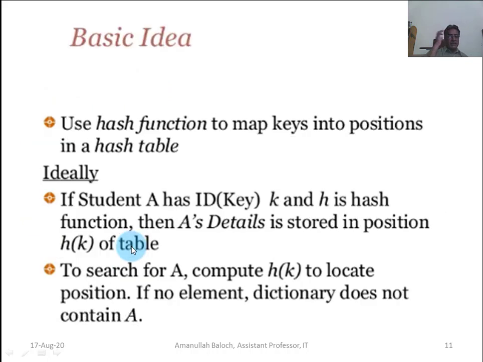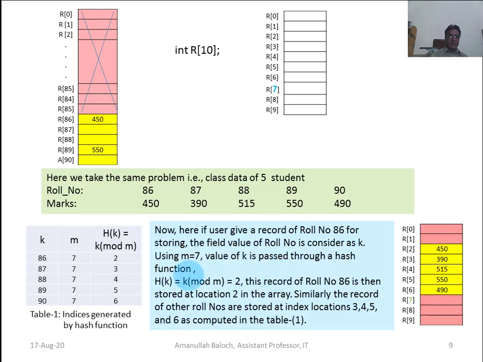Here, the basic idea: use hash functions to map keys into positions in a hash table, which we have used in the previous example. Ideally, if student A has an ID of key k and h is the hash function, then A's detail is stored in position h of k, which is the hash address of the table. To search for A, compute h of k, which we have previously computed through this function.